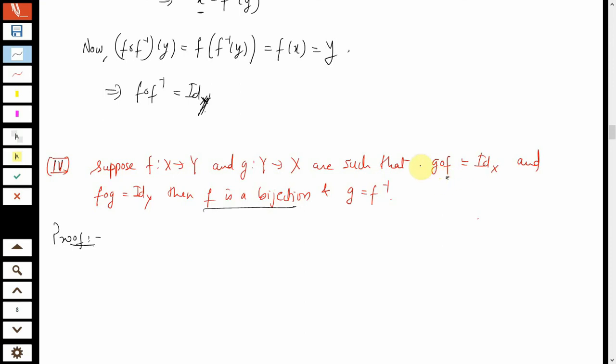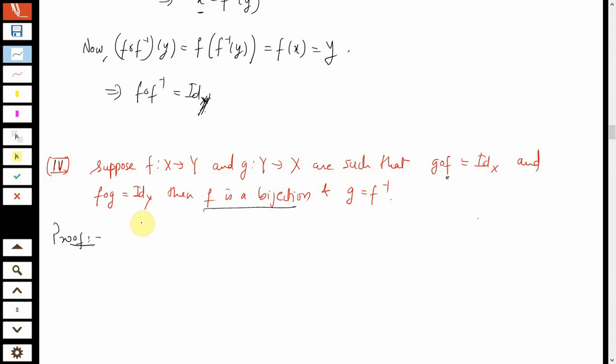In the same way, I use the surjectivity of the identity function on Y. Again I use the fact that the identity function is a bijection, hence it has to be surjective, and therefore f composite g is a surjective map. If f composite g is surjective, then f has to be surjective, and through both of these we prove that f is a bijection.